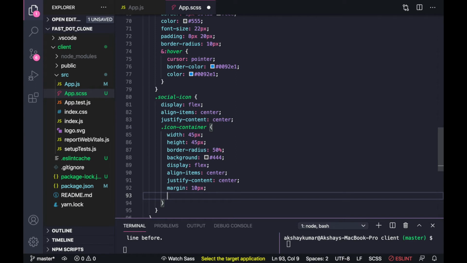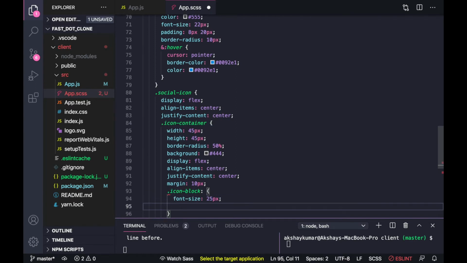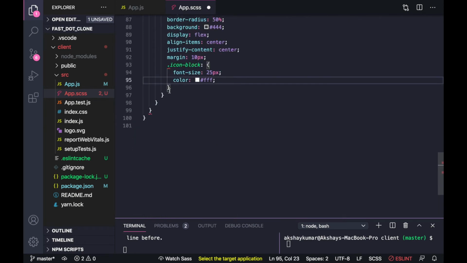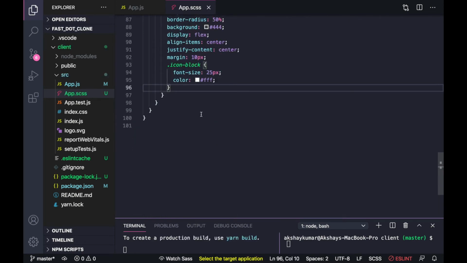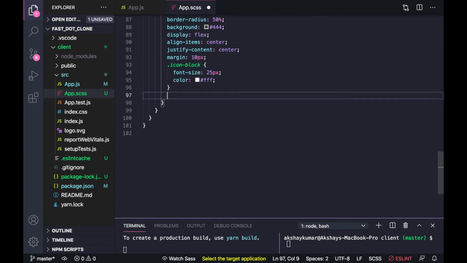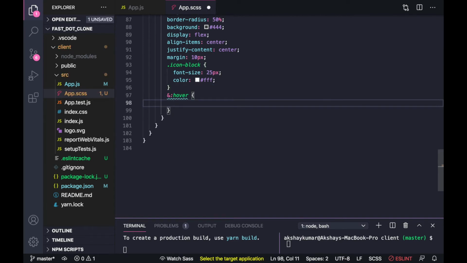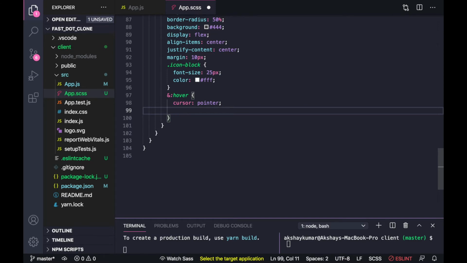Inside icon container, icon block, font size 25 px, color white. So we have to give hover effect on icon container. So we will write and is to hover, cursor pointer, background some blue color.